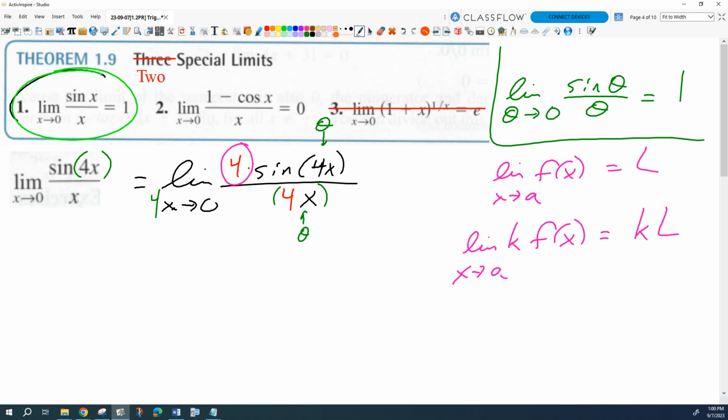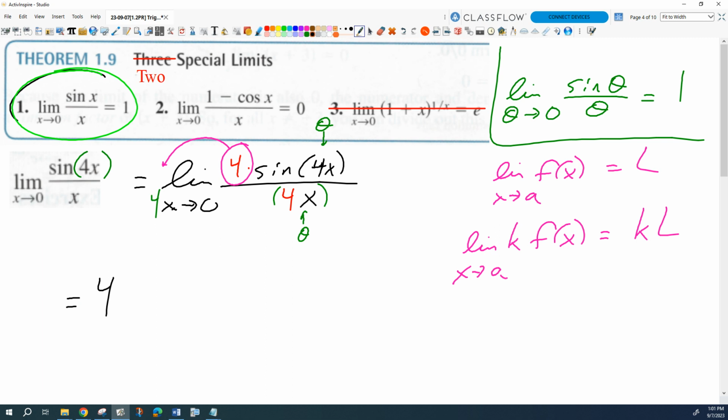The moral of the story is anytime we have a constant multiplier, which we call a scalar multiplier, or you could even call it a coefficient, as part of a limit, I can pull those constants being multiplied out in front of the limit. That's a step we do in calculus all the time. Later on, we'll pull constants out in front of derivatives or integrals. The limit of 4 times this function is the very same thing as 4 times the limit of the individual function, right? So then we do that and we end up with